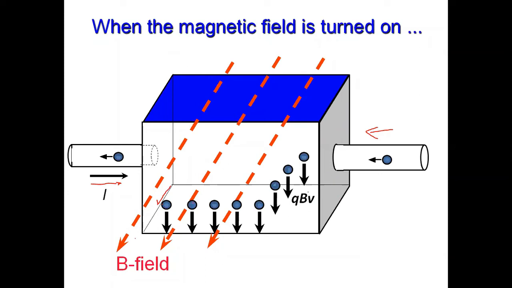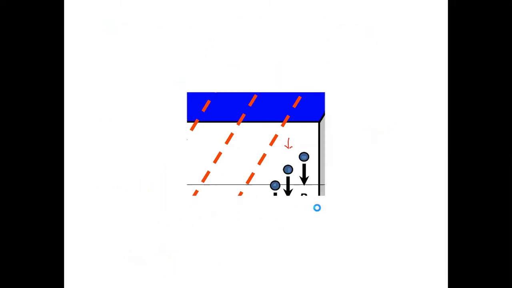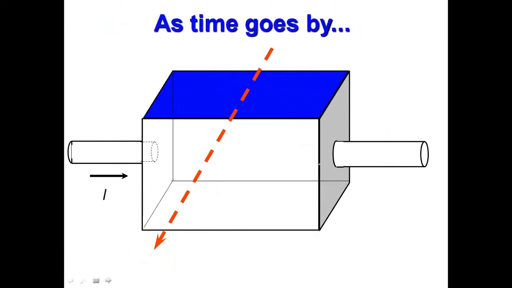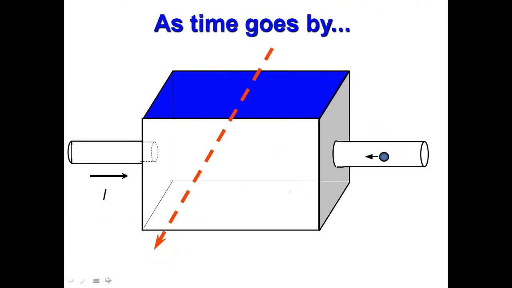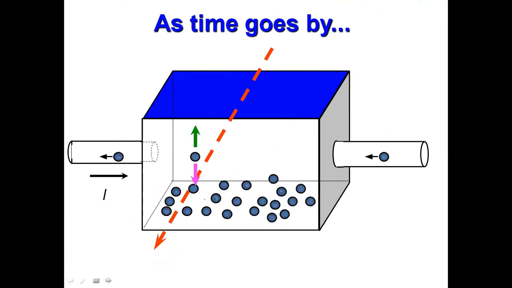So the magnitude of the force exerted on the electron is QVB, and the direction is downward. This is the reason that whenever an electron comes into the semiconductor, it is forced towards the bottom side of that semiconductor due to the force due to the magnetic field. Okay. Now, if the process continues, a large number of electrons will be present in the bottom portion of the semiconductor.